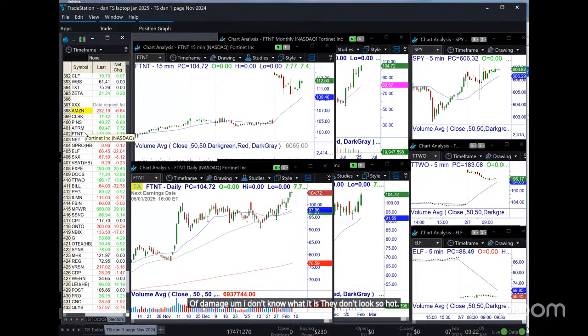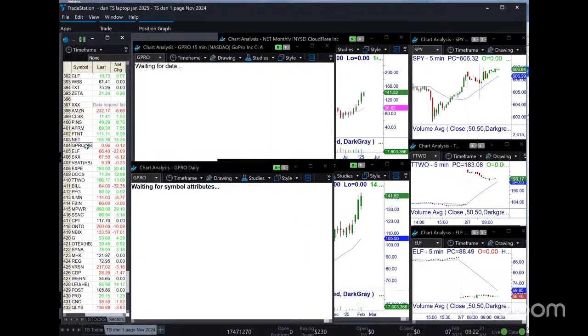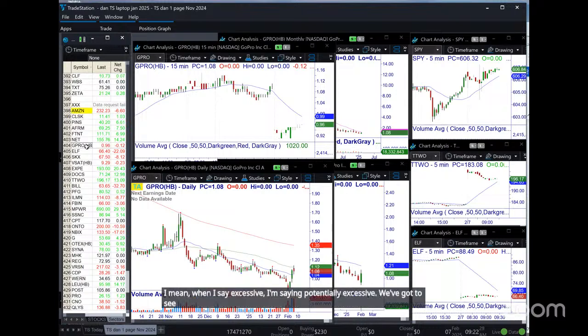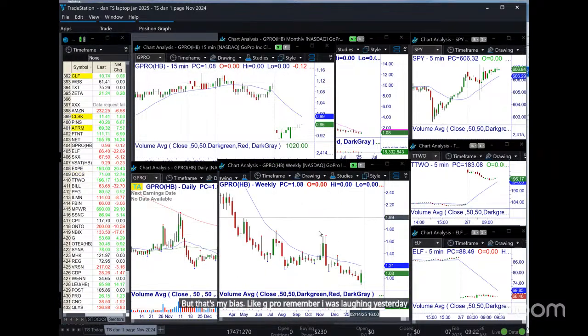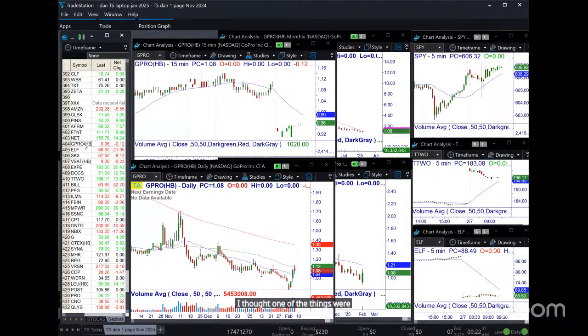All right, this one, bullish gap, but it's on my 0 DTE call list. And so is NET, gapping up $15. Bullish, but potentially excessive. We've got to see what happens in the first hour, but that's my bias. GoPro, remember I was laughing yesterday saying, is this thing still in business? I thought one of the things we're talking about buying them, but it's garbage. Elf,